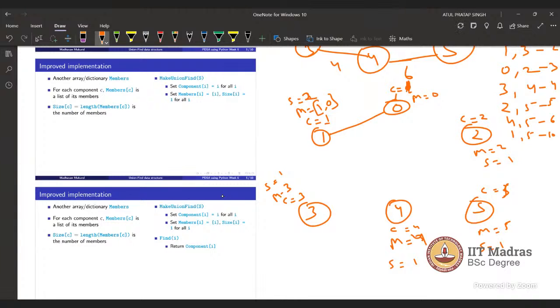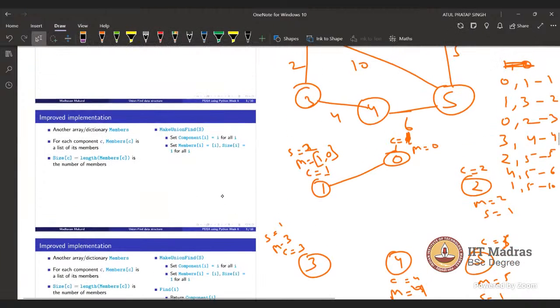After that we will consider the next edge. Actually, this component size will increase with this ratio, like 1, 2, 4, 8, like that. So for example, the next edge is 1, 3. When we are considering 1 and 3, what is the component of 3? It is 3, and the component of C1 is 1. So both are different. We will consider this edge and update